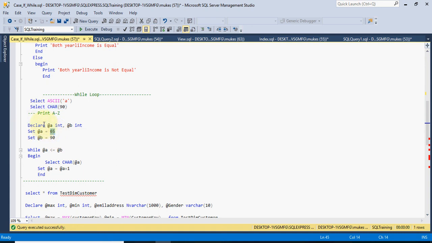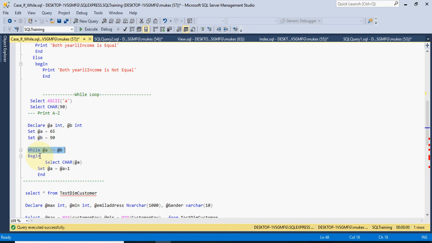I declare two variables, A and B. I put the A value as 65 and the B value as 90. So I need to loop from 65 to 90. When I put A less than or equal to B in the loop, while this condition is satisfied, it will keep looping. So the A value is 65, less than or equal to B, which is 90.